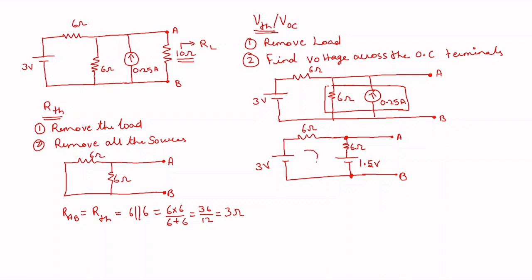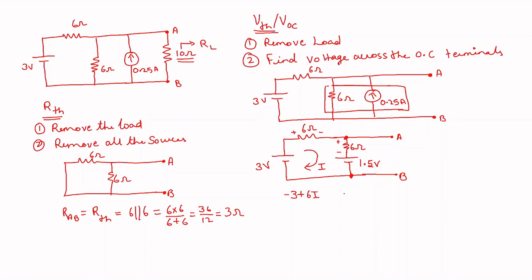Let me assume a mesh current I and apply KVL to write the mesh equation. So minus 3, according to the loop current direction, the polarities are like this, isn't it? So plus